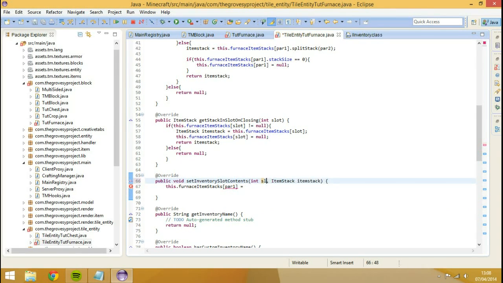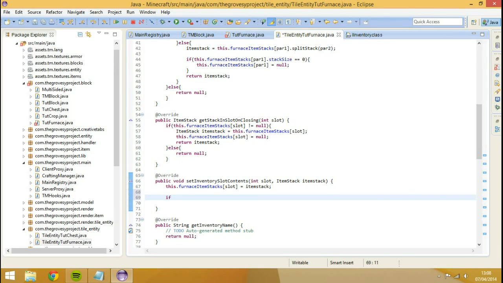And this is going to be slot, and this is going to be equal to item stack. Okay. So we're going to go if item stack is already equal to something,